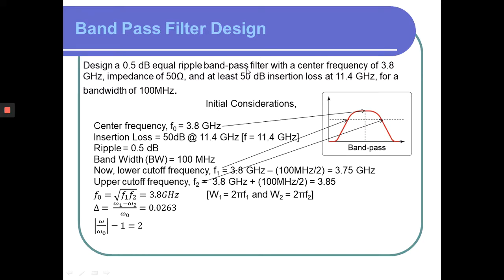So remember this one, this is 0.5 dB equal ripple. So we cannot use the maximally flat that we have used before in the high pass and low pass designs, and also we cannot use it for 3 dB equal ripple. So we need to find out which one belongs to the 0.5 dB equal ripple chart, and then from that specific table we need to find out our